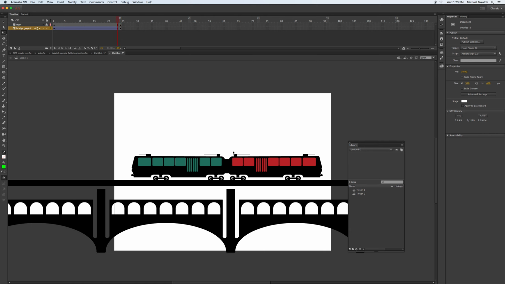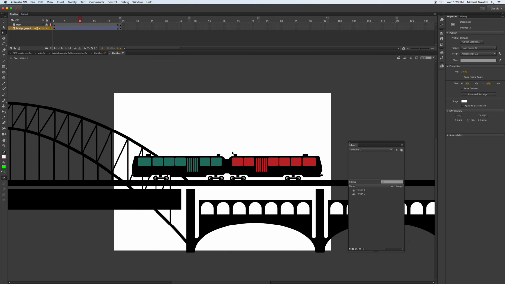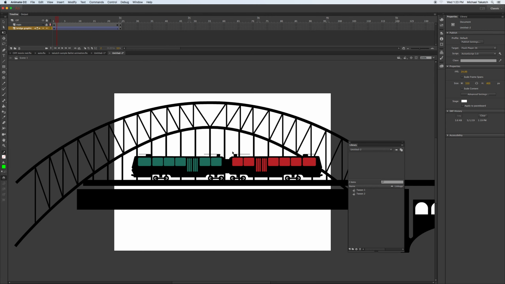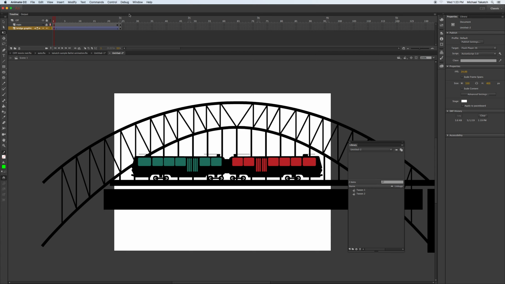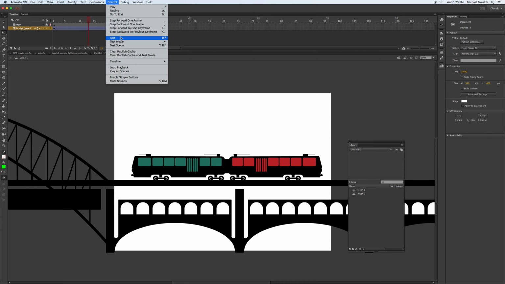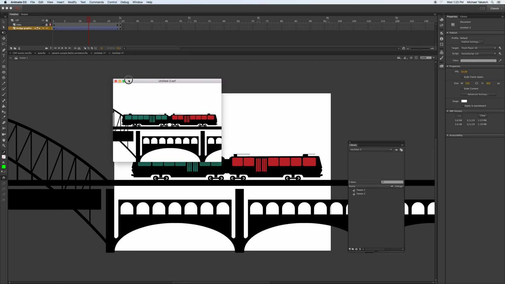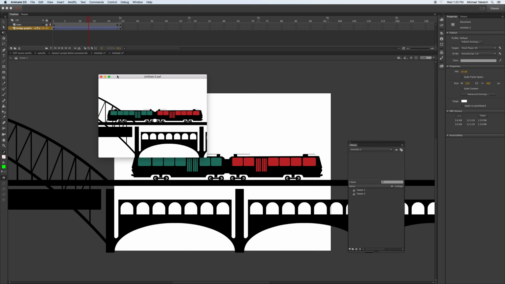If I use the keystroke, the comma and the period, you can see that the bridge is moving left to right, and all that is this section up at the top. If I control and test the movie, it'll show it in this little window a little bit better. And you can see that it looks like the train's moving, but actually the bridge is scooting across the side